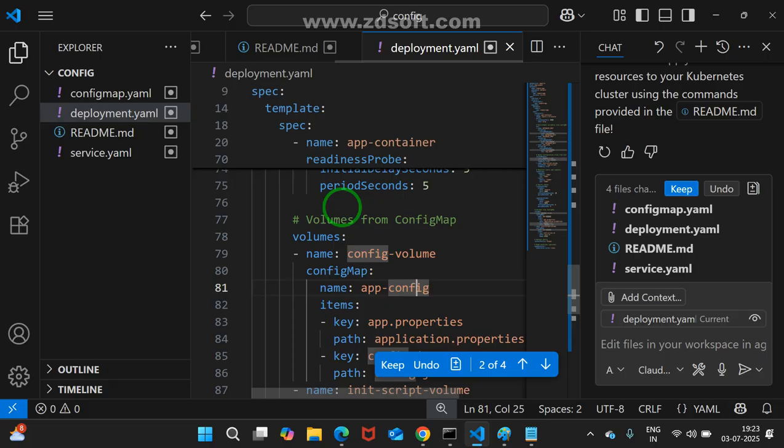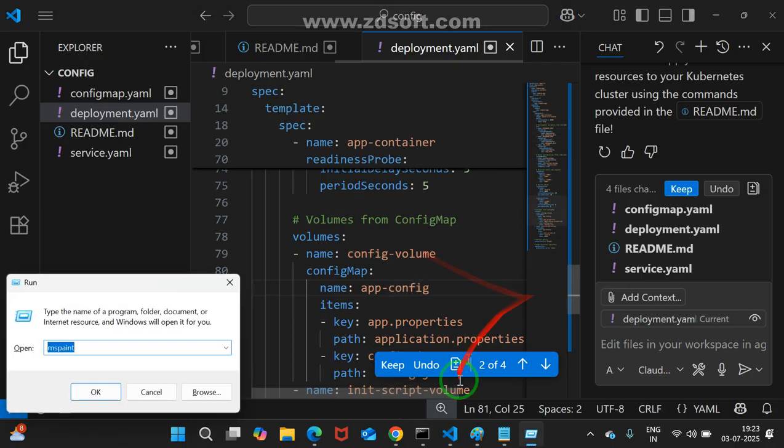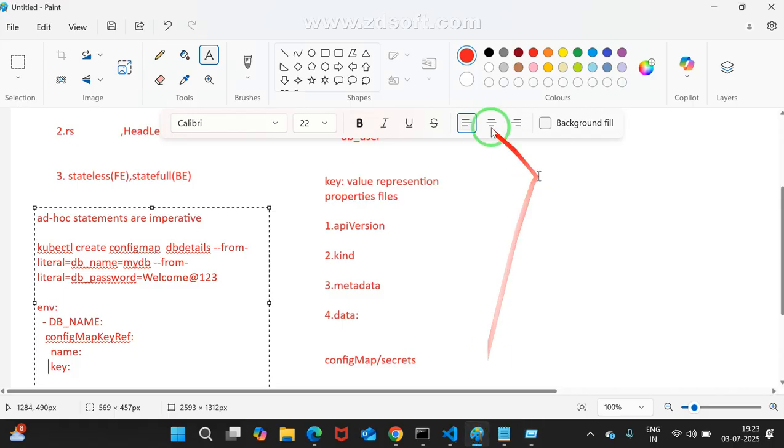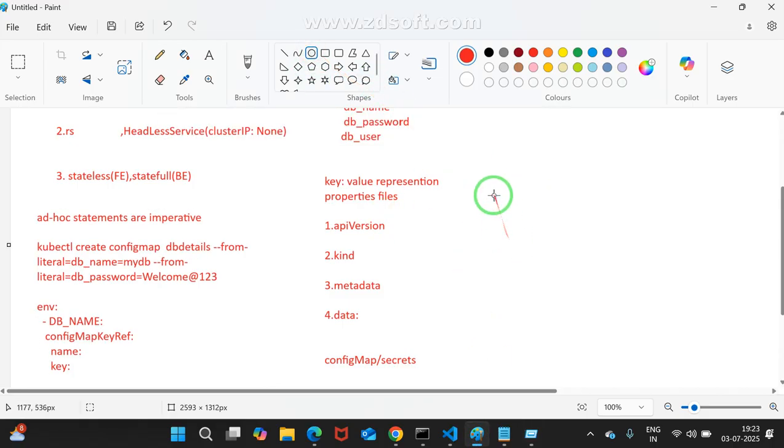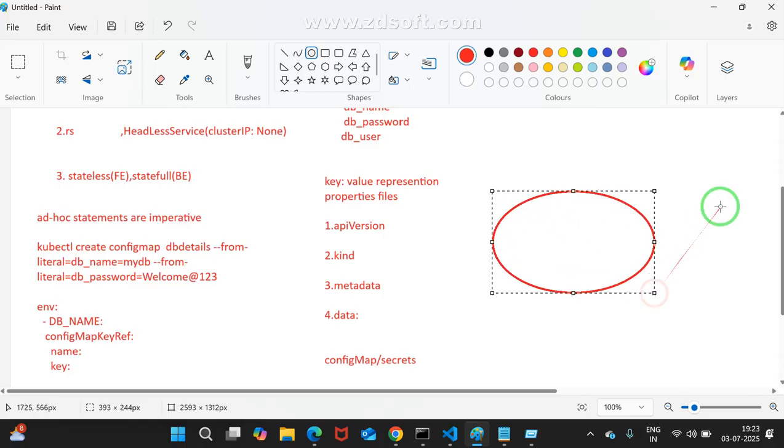I may show you one diagram, so at least you can easily understand. See, try to observe. This is the pod. This pod wants to store something. The pod will communicate, in general, with one volume, like this.